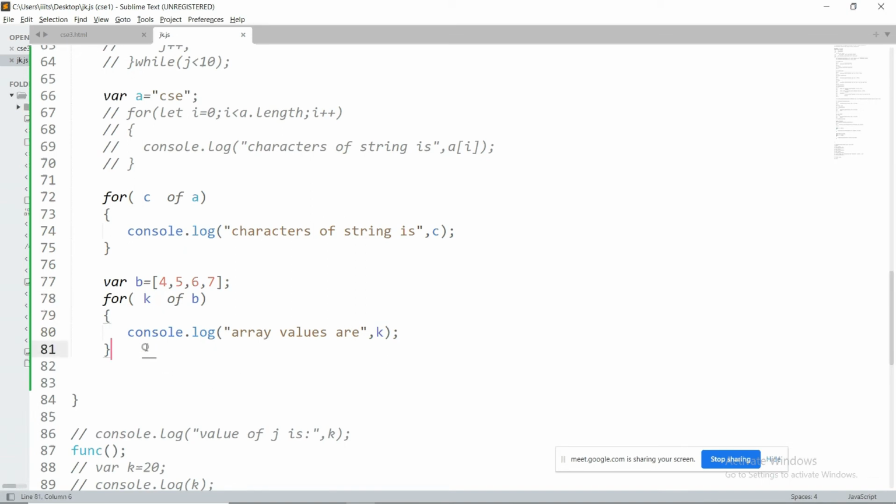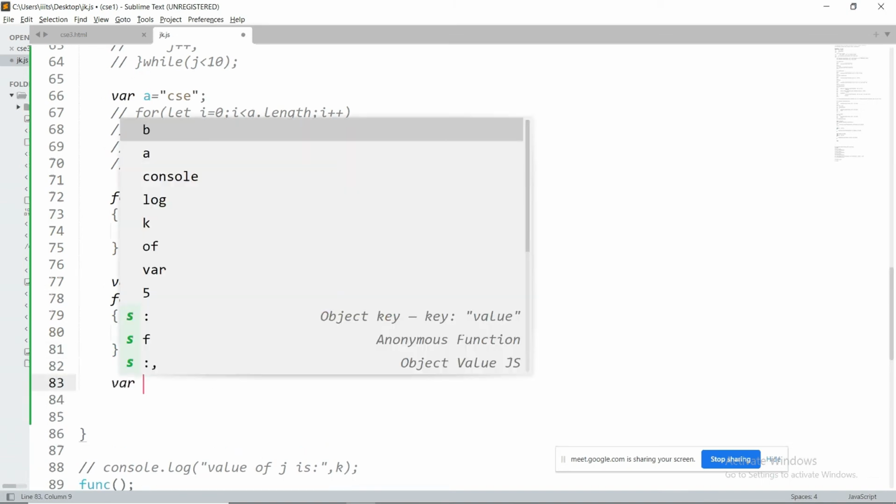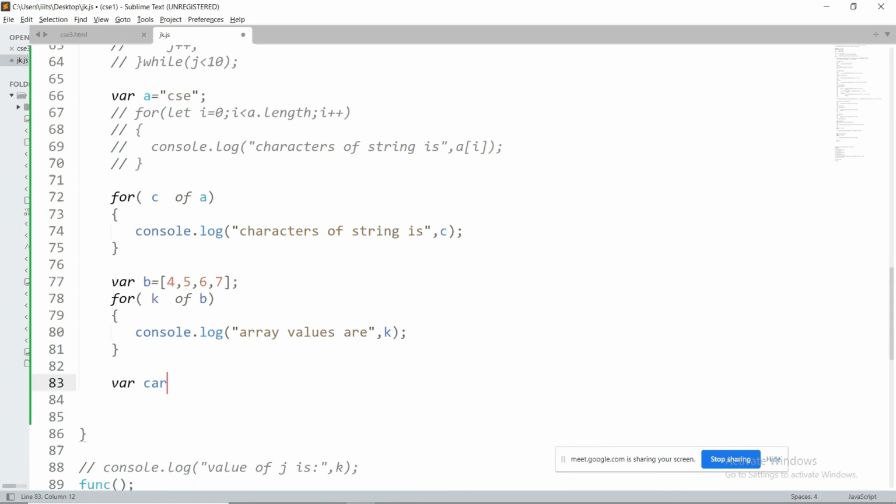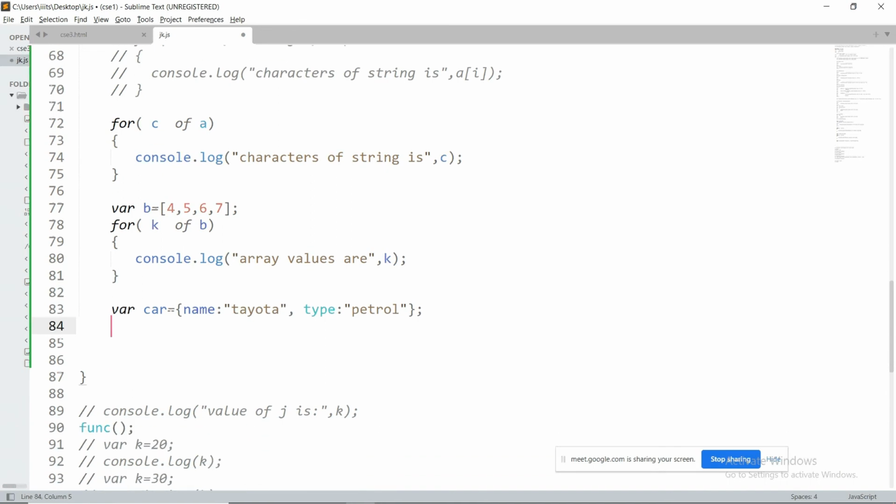Okay, fine. For example, there is an object. That object I am calling car. We have already seen this in the previous class. This car has a name of the car. For example, the car name is Toyota, and the type of the car can be diesel or petrol. Like this we may have various kinds of properties for a car.